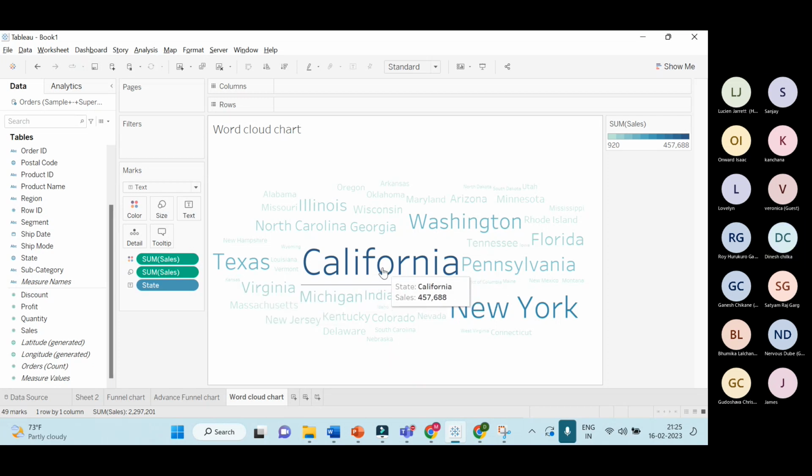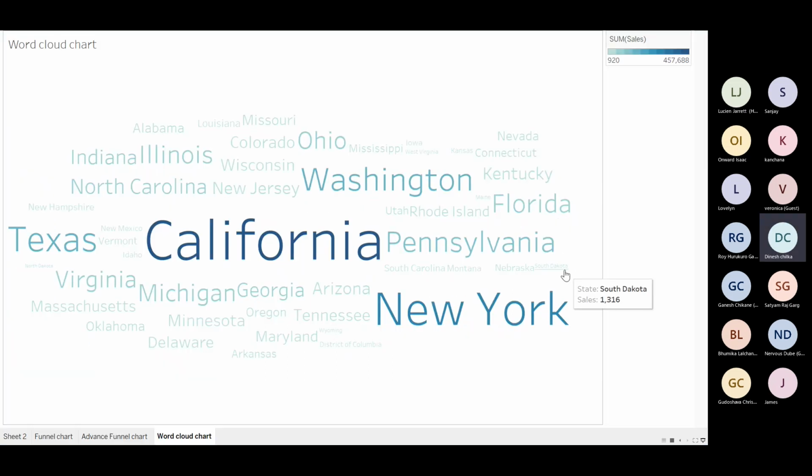If you see, which is the less darker, right? Is it less sale? What is the highest sale? Texas, California, New York, Florida. If you go for the presentation mode, how does it look? If you see,